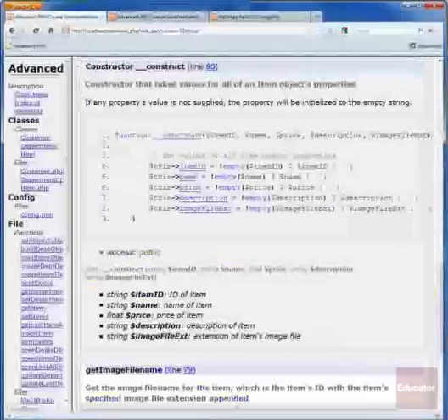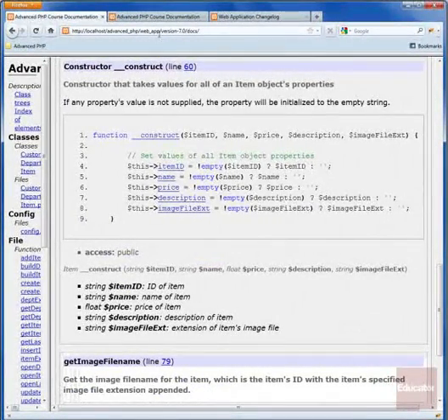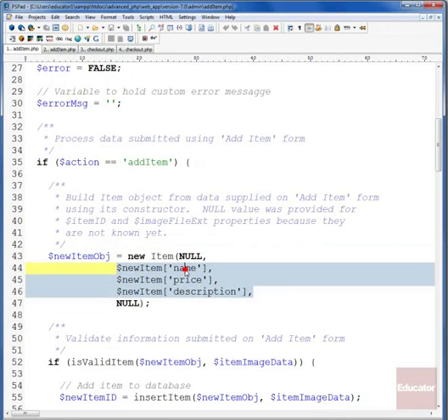If we look back at our documentation for the constructor, we can see that it takes 5 different parameters for each of the different properties. So because of that, we have to pass it 5 different parameters. In this case, right now, because when we use our add item form, we haven't generated an item ID yet, that has to be gotten from the last added file, and we haven't got the item's image file extension because we extract that from the image file that gets uploaded, and we do that in our insert item function. So we only have the name, price, and description for which we can specify to the constructor,